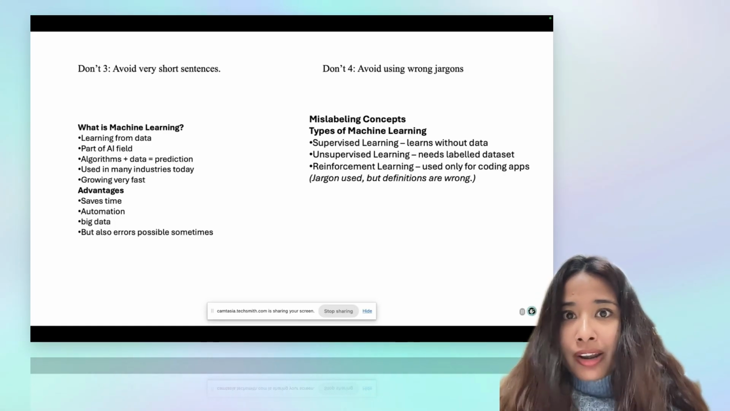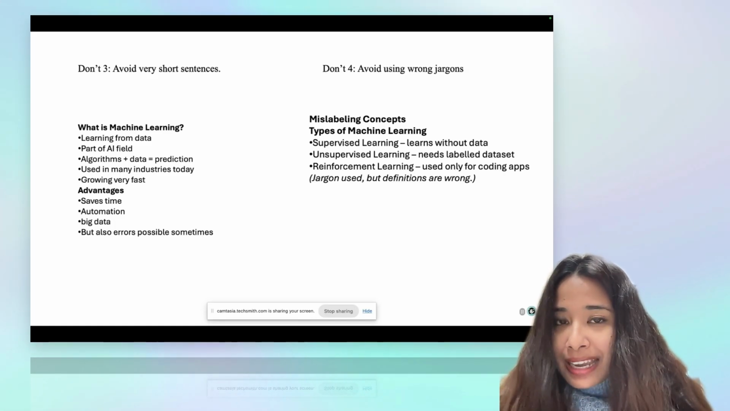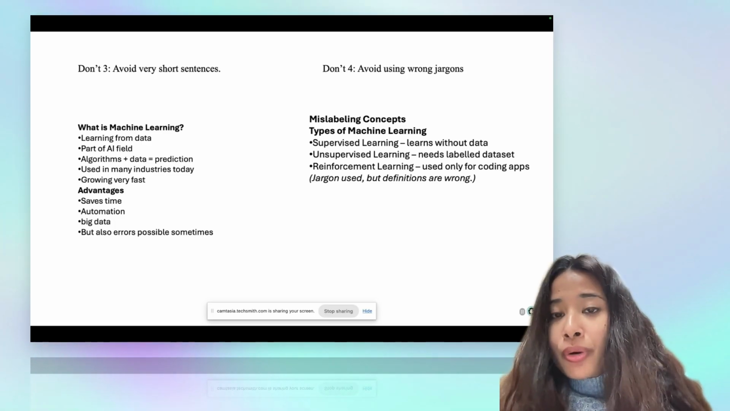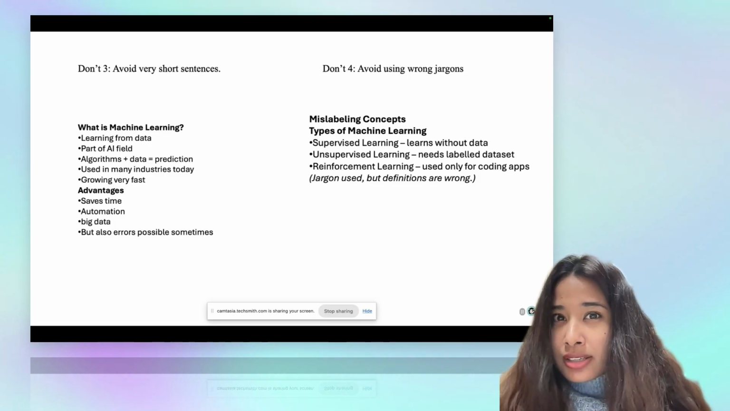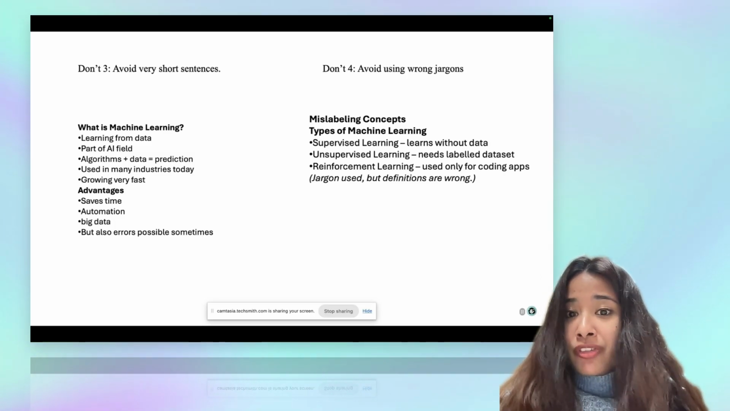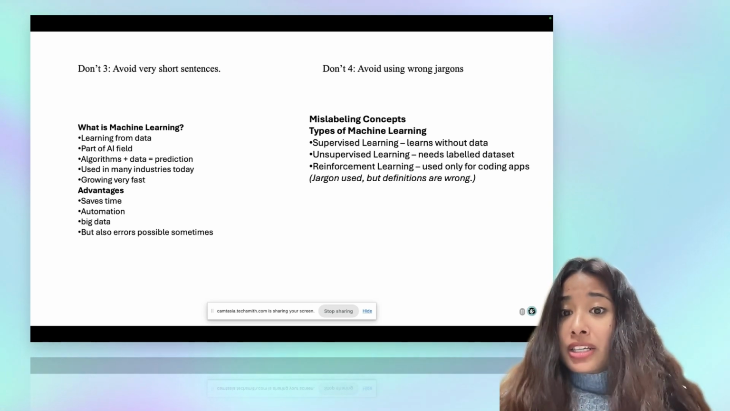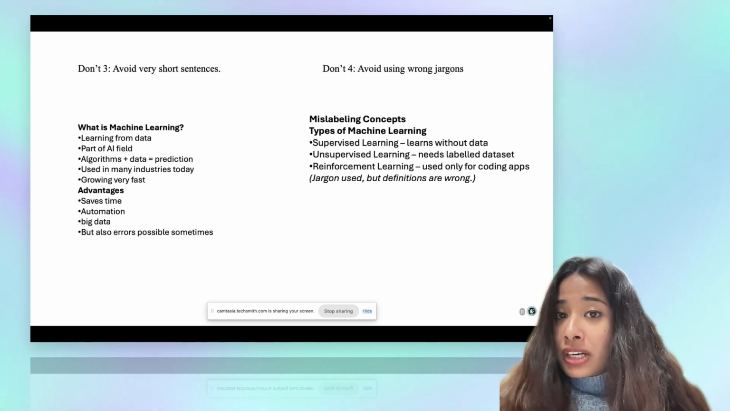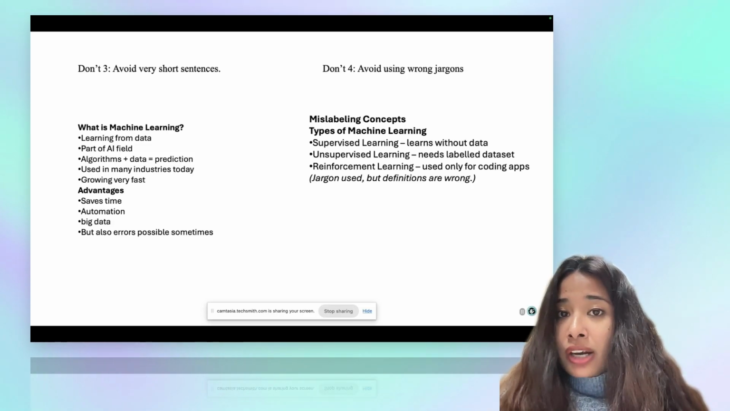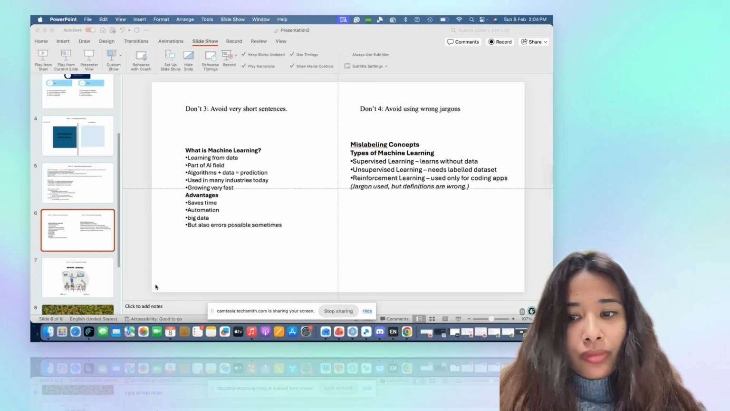I think that is one red flag when we are building a presentation. Don't number four is avoid using wrong jargon. Sometimes we feel like, okay, we know everything. We know what is machine learning. We know what is supervised learning, what is unsupervised machine learning, right? But avoid using wrong jargons, and also avoid using jargons as much as possible. Even if you're using jargons, let the viewer